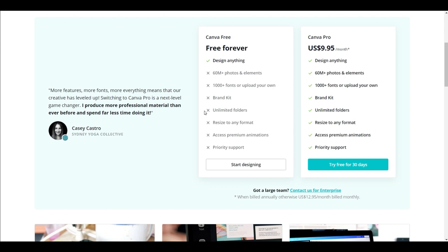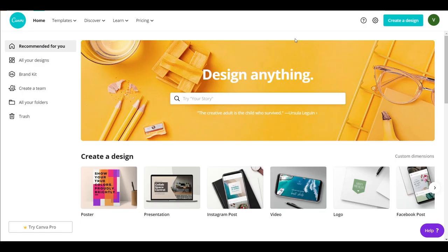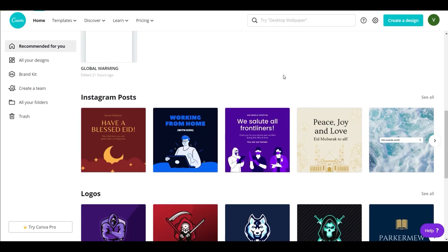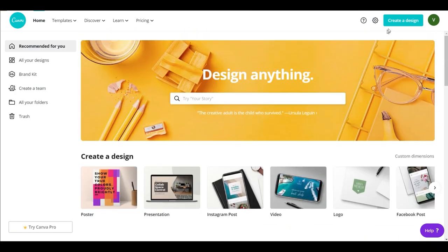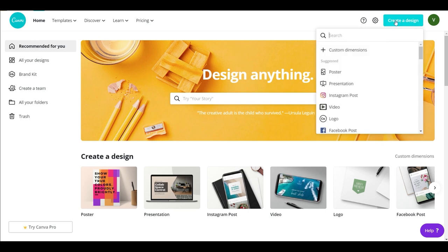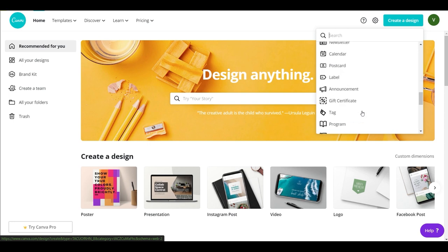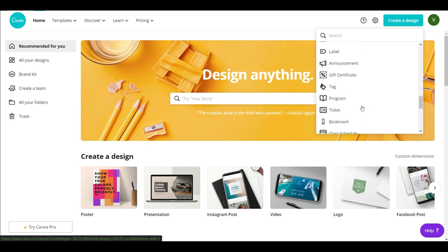Let's move on to our next thing, which is creating a design in Canva, of course. I will be showing you how to create a design. So we are on the home page right now once again, and let's start creating a design. There are two ways. Either you can scroll down and select a pre-available template from the list below, or you can scroll up and click on Create a design. When you click this, you'll be asked what you need to create, either a poster, a presentation, or an Instagram post, the same options that we see below.